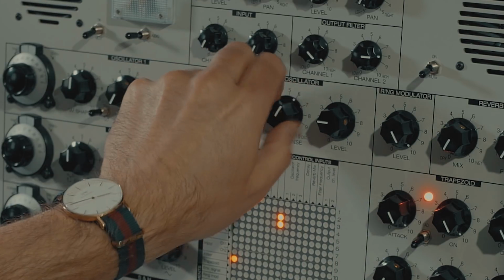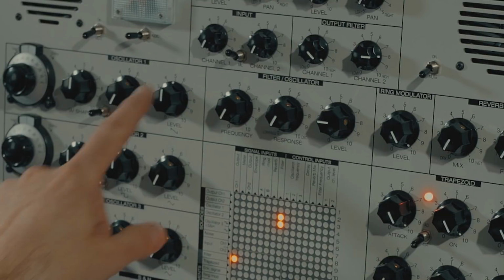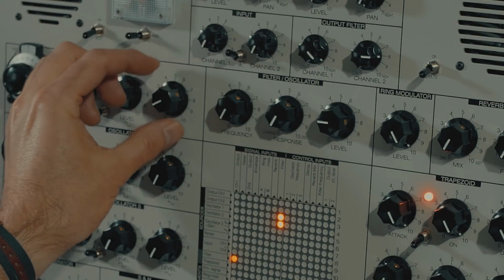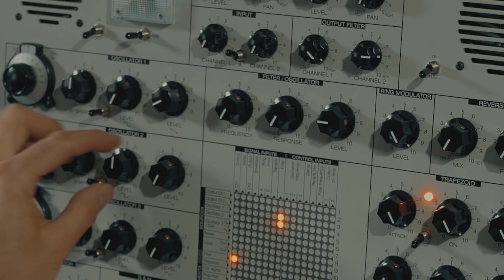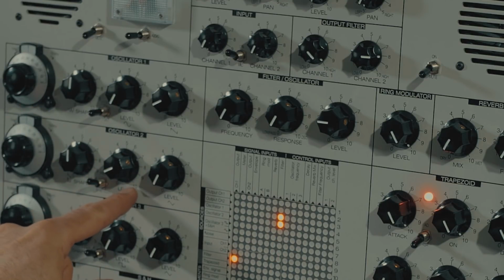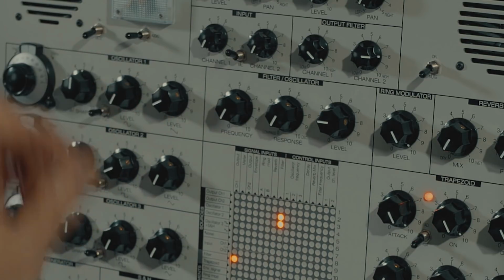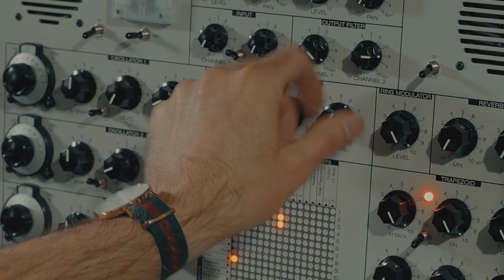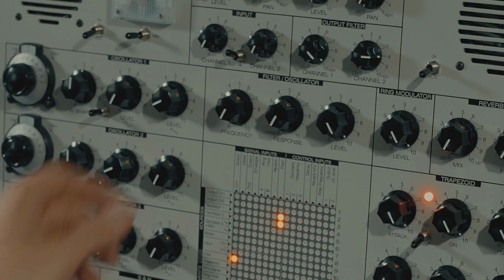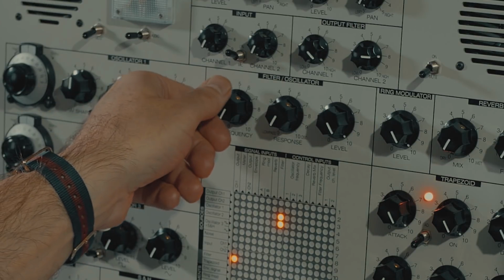The reason for this is because we're driving the analog signal through it quite heavily, just with these settings of 50% on the gain on both of these oscillators. If I turn these oscillators all the way down to just number 1, out of, it goes around to 10, so it goes from 0 to 10, I'm just going to set them to number 1. I'm obviously going to have to turn up the whole gain of the synth now to compensate. But now, if we listen to the filter,